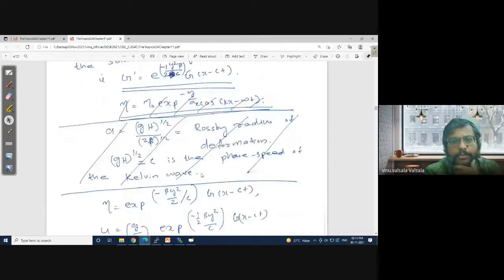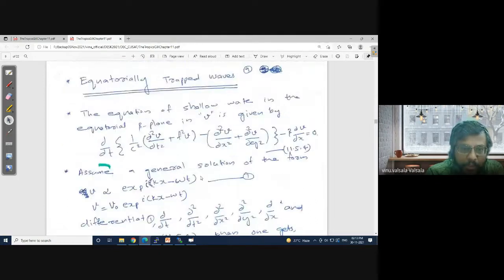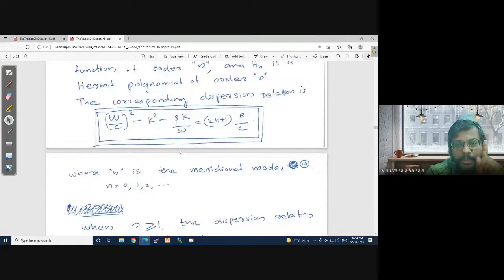Now coming back to the most generic form of the equation, which is here. It should also contain the Kelvin wave because it is the most general form of the wave solution possible to this entire equation, which brought us to this dispersion relation shown here. The dispersion relation is nothing but the relation between the wave number and frequency, and it has a dependency on C. C is the speed, coming from the square root of GH. I'm going to explain the concept a little later.